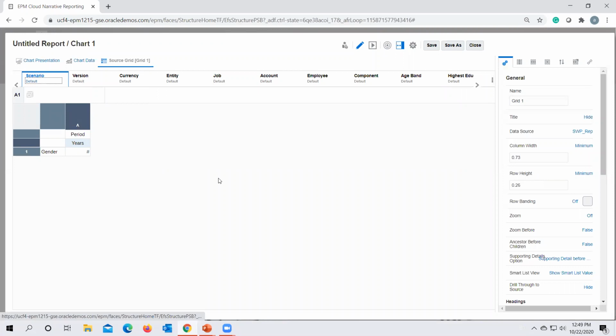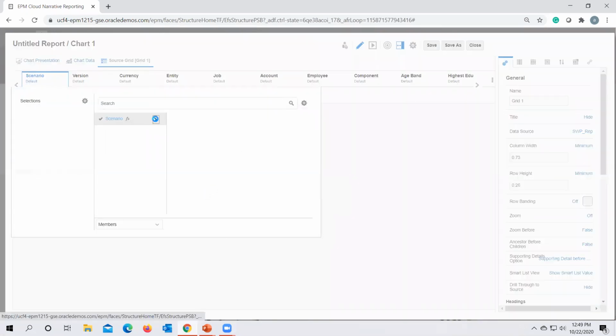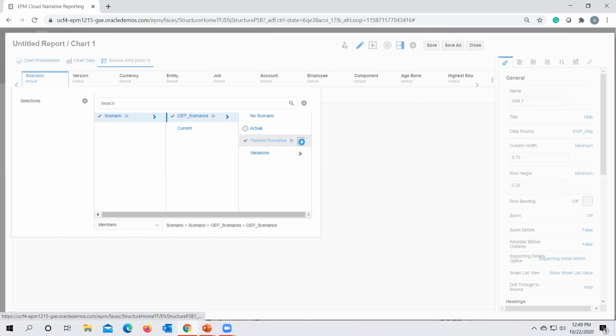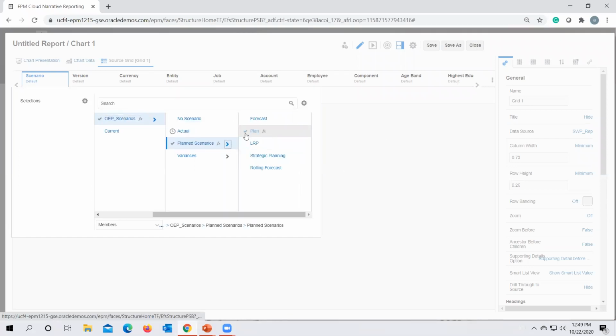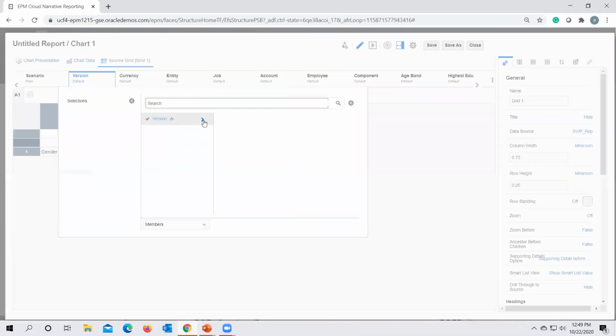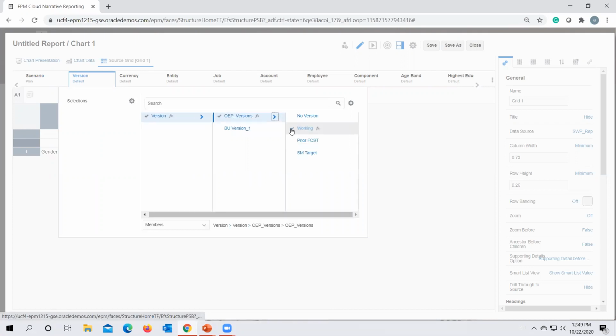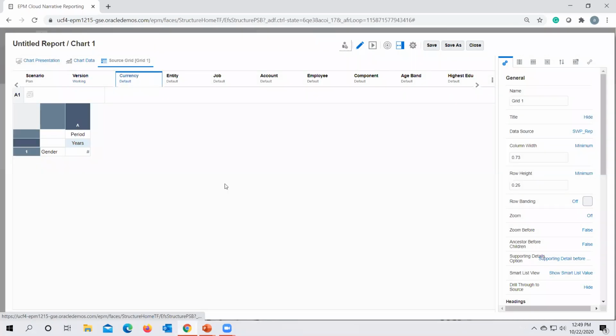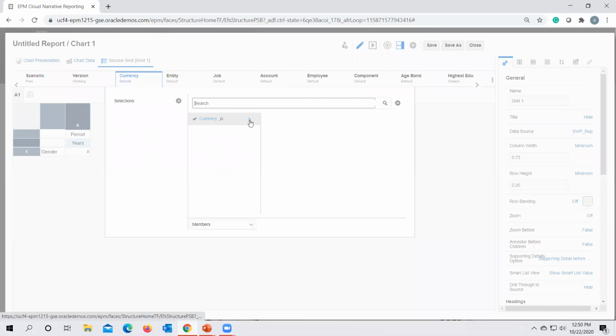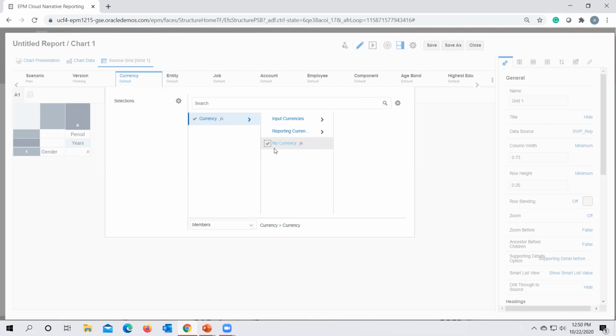I want to create my chart based on the plan scenario, so I take my scenario as plan, version working, to retrieve my data. For currency, the data for employee demographics is submitted at no currency level, so I'm connecting to no currency.